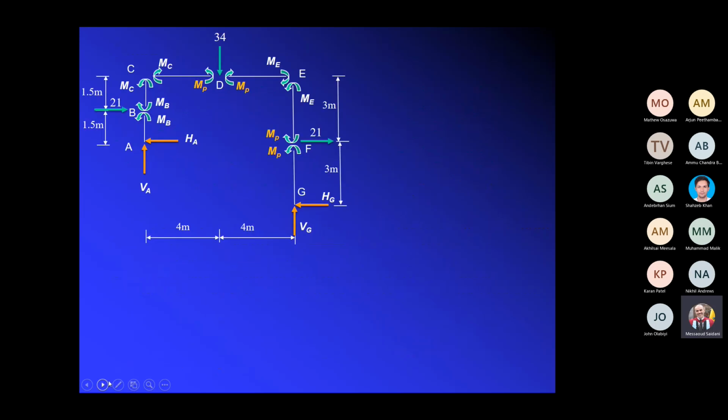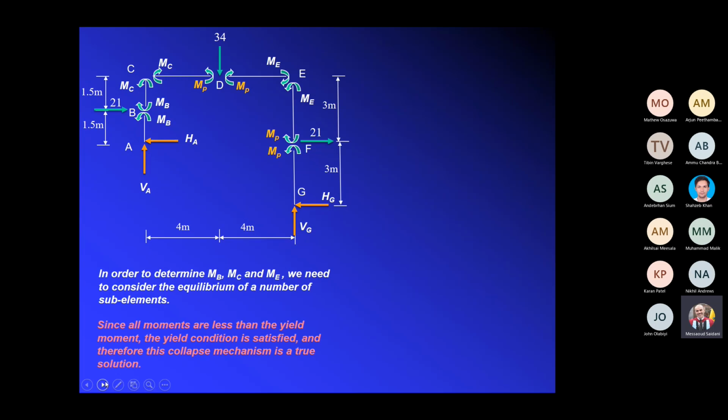So therefore, I think what you could do, you could start by taking a cut at E, and then you could take a cut at D, for example. We give you two equations. Okay, there are a number of possibilities that you can solve this. There isn't only one way, but they all give you the same answer anyway. So what I've done in my case, I can give you slowly. What I've done,